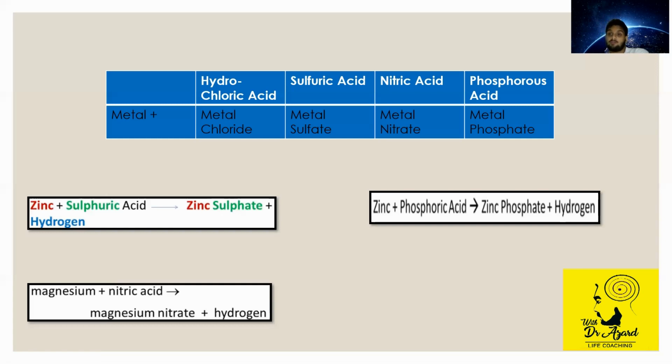So a metal and a non-metal can react to form something. A non-metal and a non-metal can react, but a metal and a metal do not react. Whoever wants to react a metal and a metal is unable to get a product. So we did that, and then we did these word equations, and we learned new terms like sulfate, nitrate, phosphate, sulfide, nitride, phosphide. So all of these, be very mindful of them and pay keen attention to all of the details that we have discussed in this video.